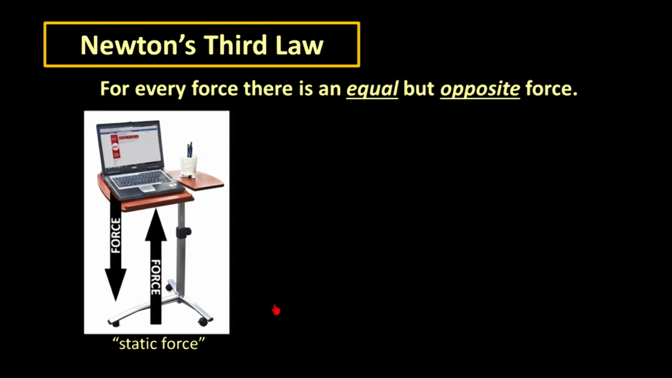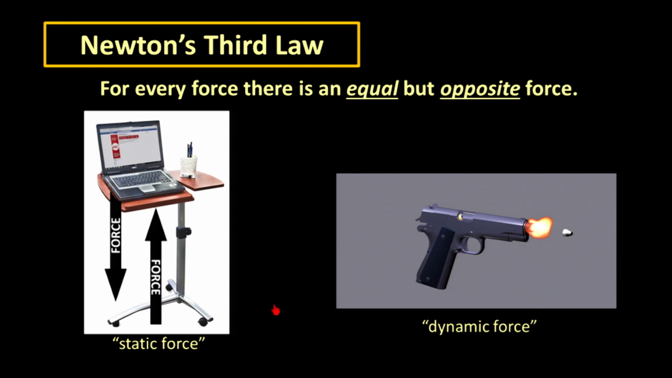Now let me show you a dynamic example. Anytime you shoot a gun, pistol, rifle, whatever, this is a dynamic force. The amount of force that the burning gunpowder and the expanding cloud of gas from that burning gunpowder is pushing on the bullet to make the bullet come out. So the force used to propel the bullet